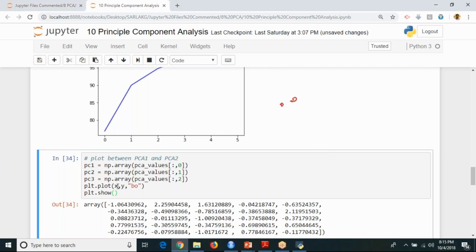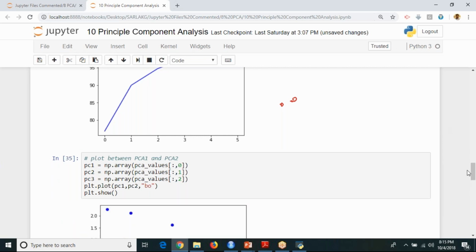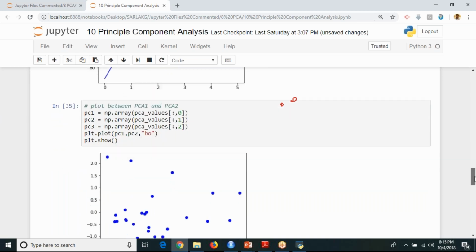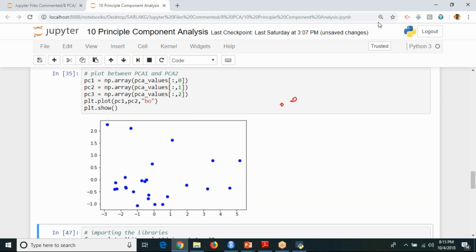Here I'm going to put it as PC1, PC2. See, this is your PC1, this is your PC2.